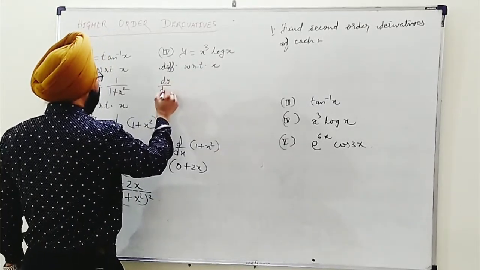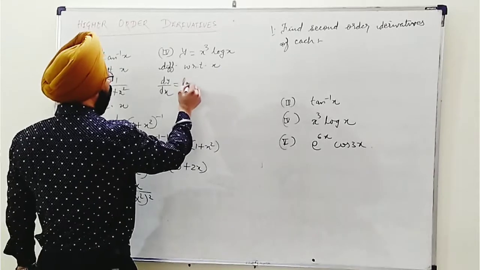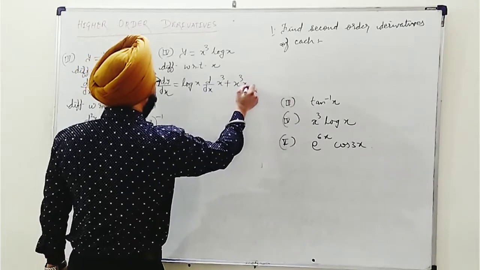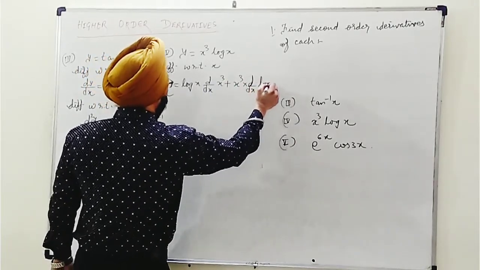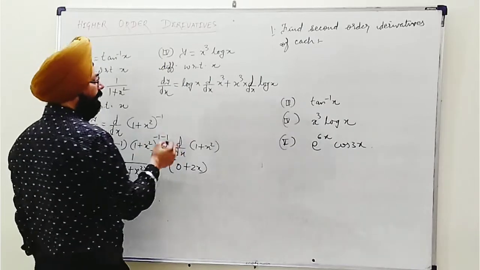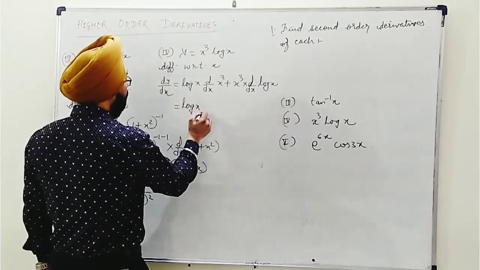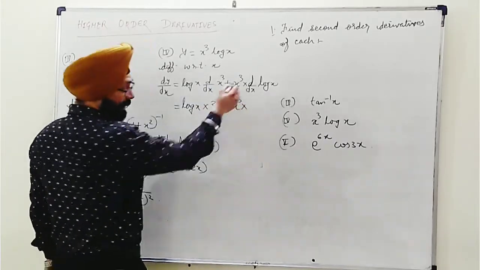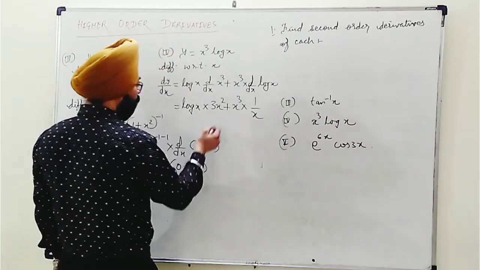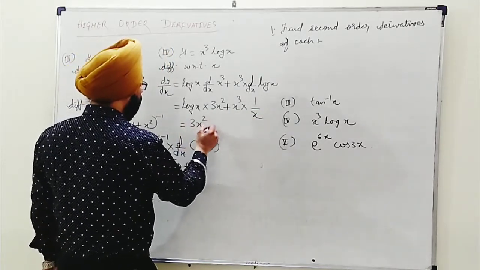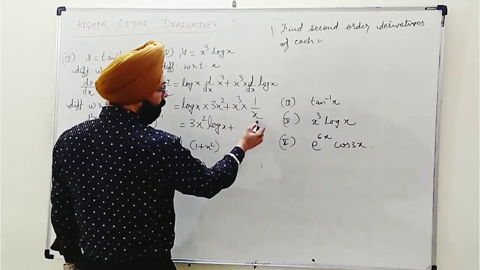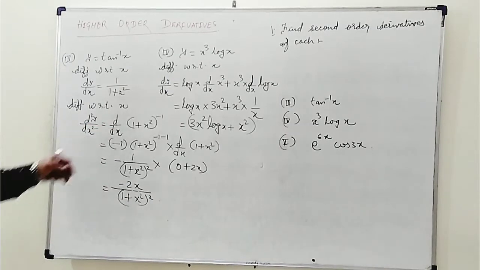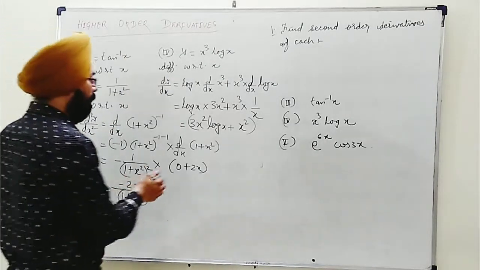To get first order differentiation, dy by dx, we have log x as it is, d by dx of x cube, then x cube as it is, d by dx of log x. Log x base is not given, it's e. Okay. Now here we get log x into x cube becomes 3x square. X cube in second term remains as it is, and log x will turn as 1 upon x. Solving, we get 3x square log x plus x cube divided by x, we get x square. This we get dy by dx. Still we are in some expanded form now. It was only product, now expanded form.